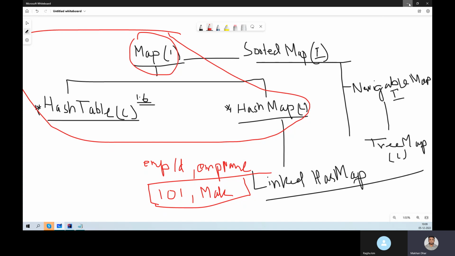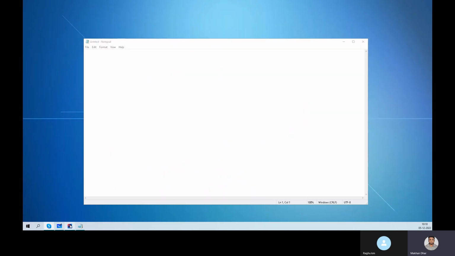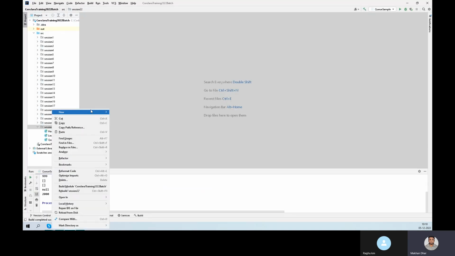Then map will perform its own functions. So key and value here. Just remember, key and value map. Okay. Now, what is the syntax? Let me create one map